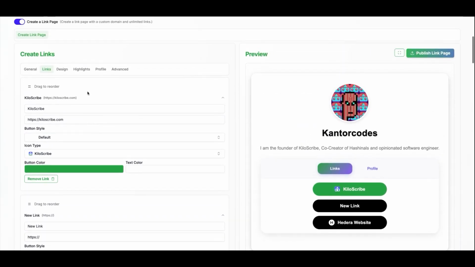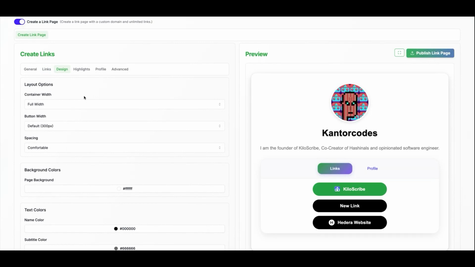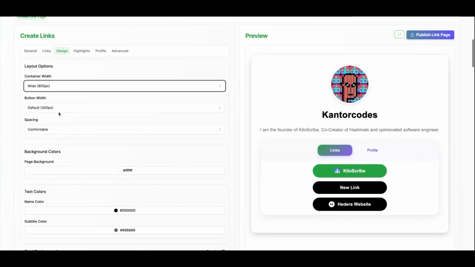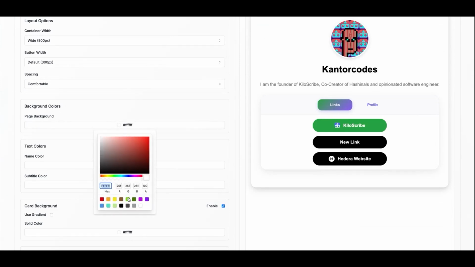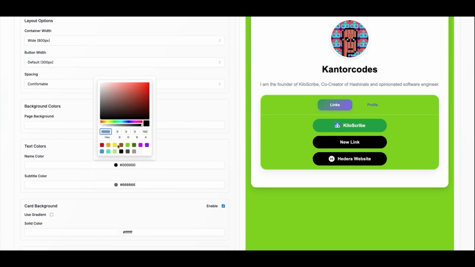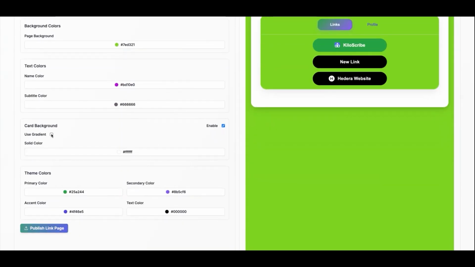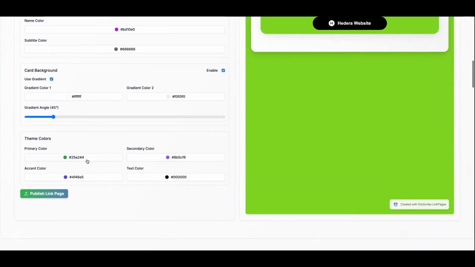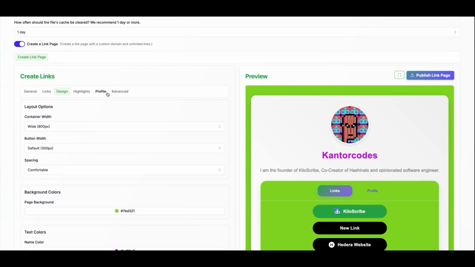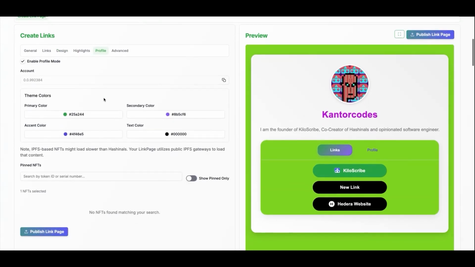You can customize it as much as you want. You have all of these different settings. You can put custom page backgrounds, custom colors for literally any setting in here. You can go and customize it, set card backgrounds, put your own theme behind it. It becomes quite your own. And most recently, we announced this new feature here called the profile mode. The profile mode is kind of like that next iteration for the link pages.